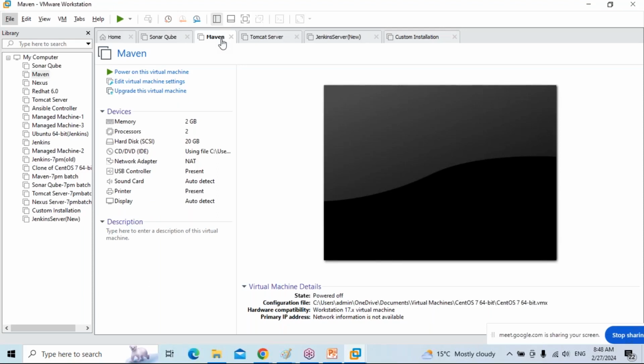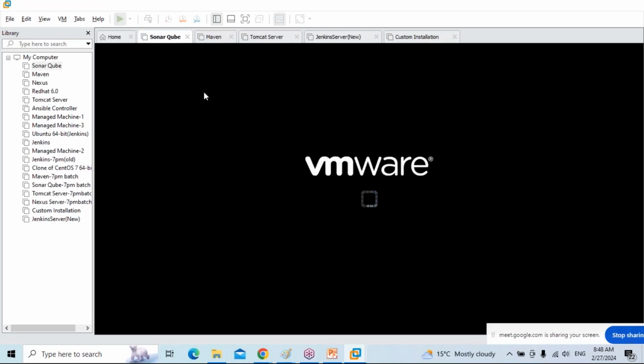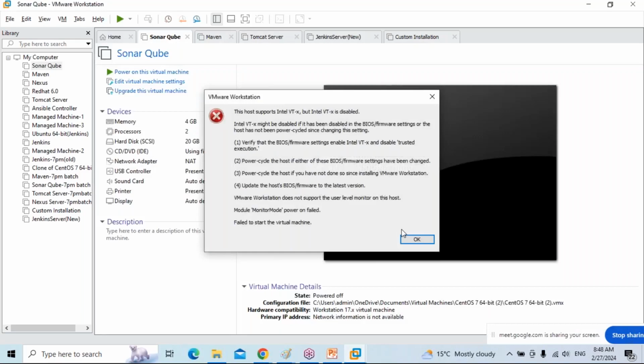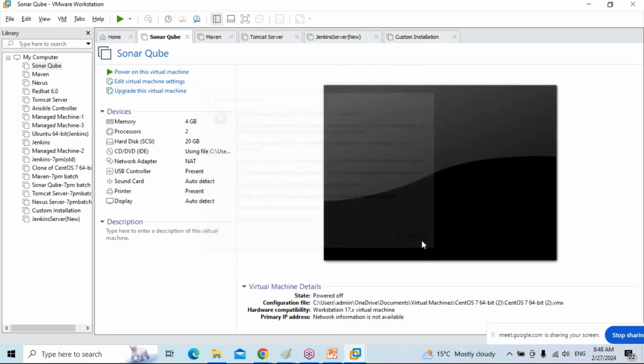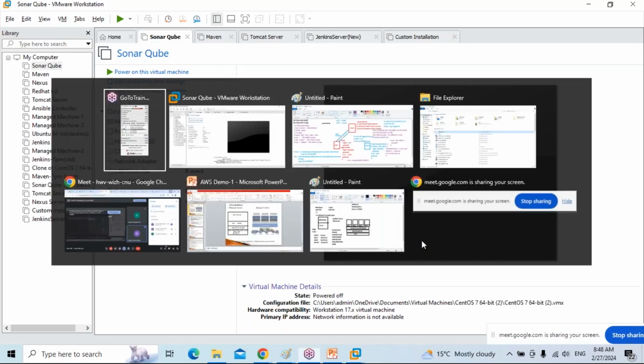So if you're on one virtual machine, you feel that this is your laptop. This VM is your laptop. So that is the advantage of VMware Workstation.